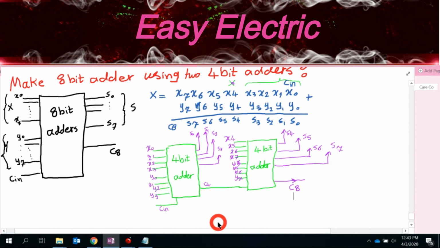So that's it. So see, you actually made one 8-bit adder with just using the 4-bit adder. So what